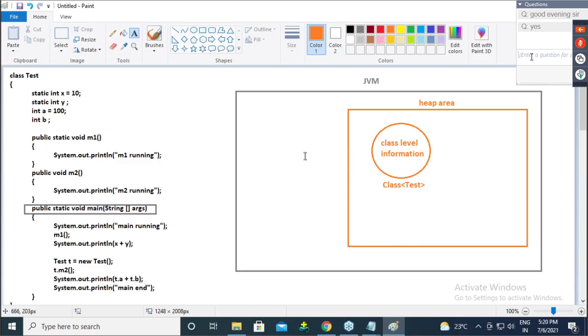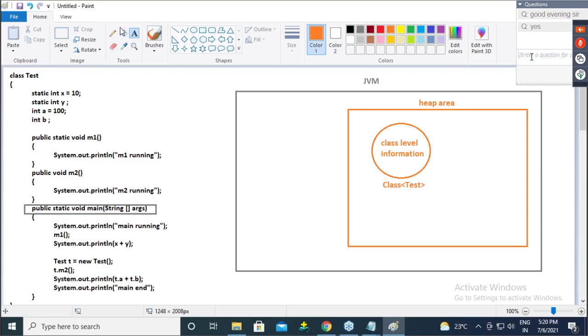Okay. So now see, whenever any class is accepted by the class loader because it found the main method, the JVM will create a class type of object in the heap area. In that object, all class level information will be present, will be loaded. Now guys, class level information means what?